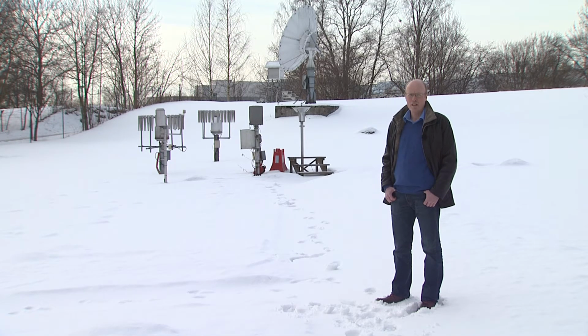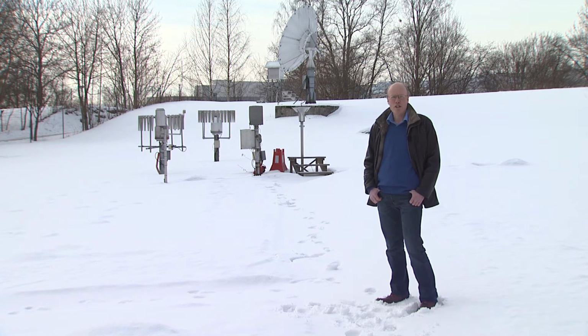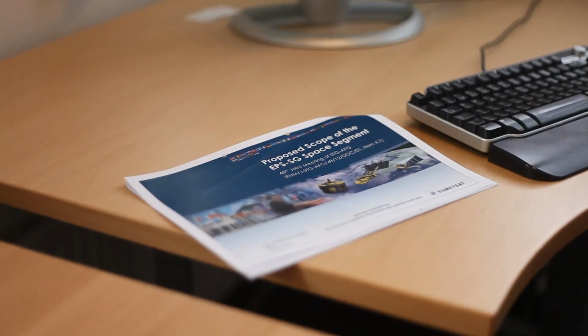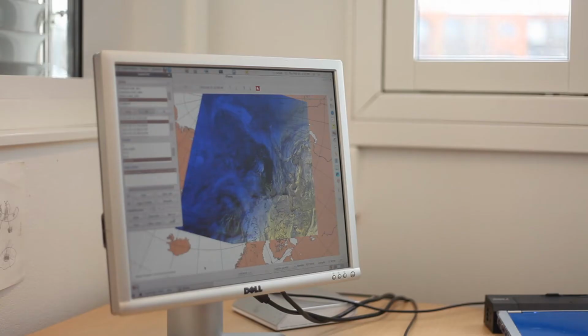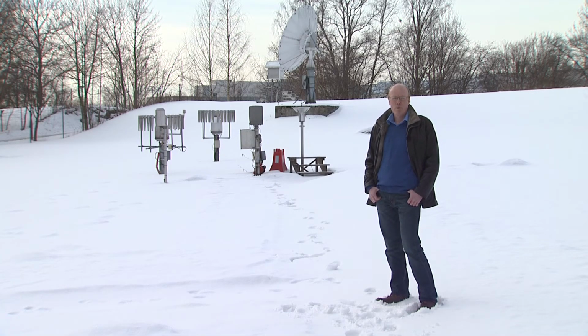And of course satellite data is by far the most important data source they have for these purposes. These data are used for ship navigation, for planning, for all kinds of activity up close to the ice border. The satellite data provides images. Of course, when it's cloudy, we don't see the surface, so it's only in cloud-free conditions. But when it's cloudy, we use other types of satellite data which can see through the clouds. But Metop data is giving us high-resolution images when it is cloud-free, and they are of great importance for those purposes.